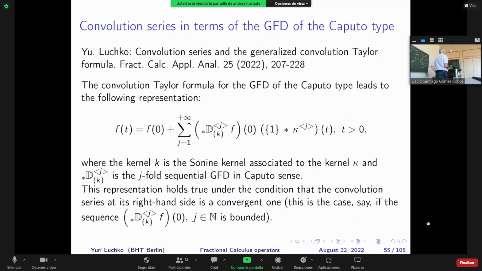Yeah? In this sense, we can say that the general fractional derivative of Caputo type is not suitable for dealing with generalized convolution series. Yeah? But the Riemann-Liouville form of the general fractional derivative is more suitable. Well, this was one aspect, and